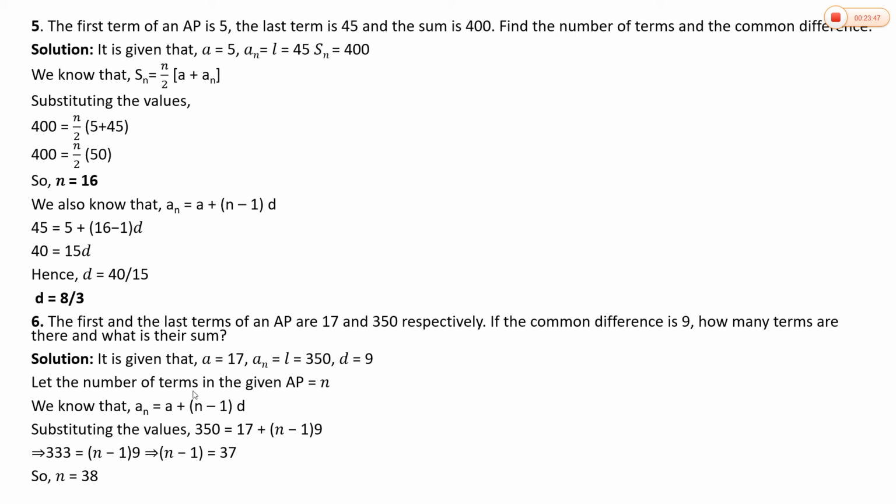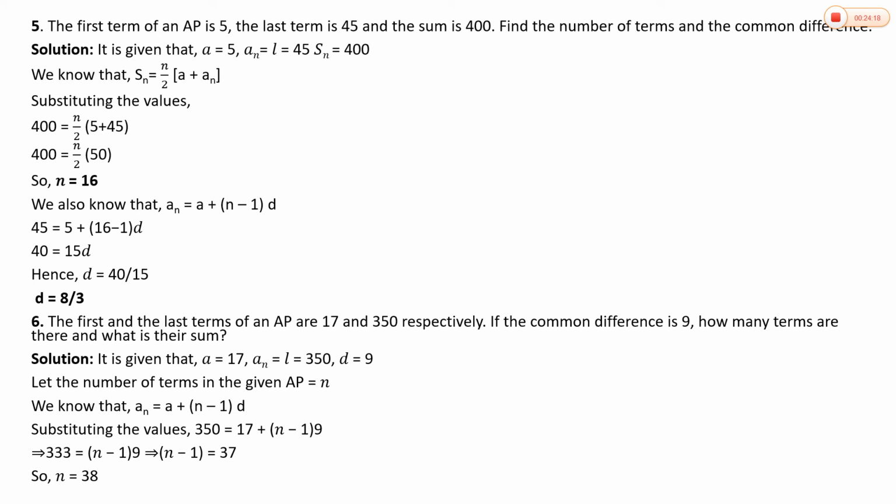Let the number of terms in the given AP be n. Let n be the total number of terms in an AP. We know that An is equal to A plus n minus 1 into D. If you substitute the value of An as 350, A as 17 and D as 9, you will get the value of n as 38. So there are 38 terms